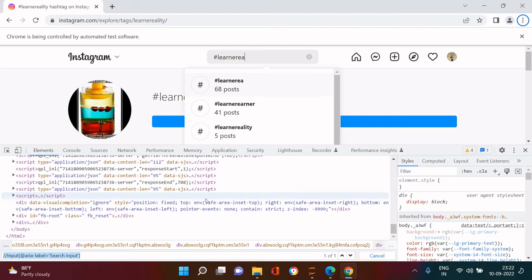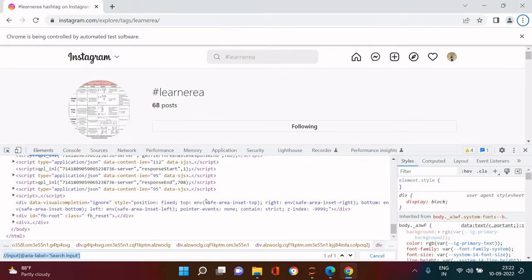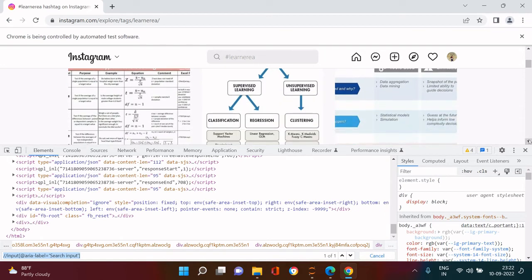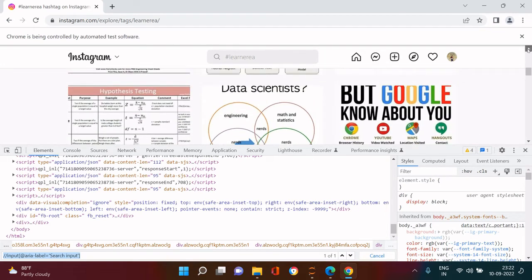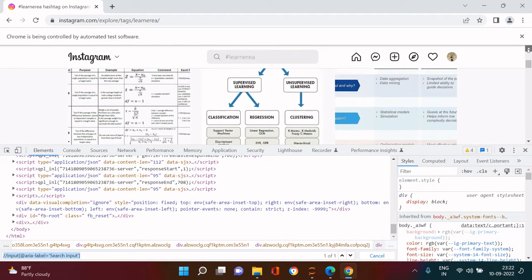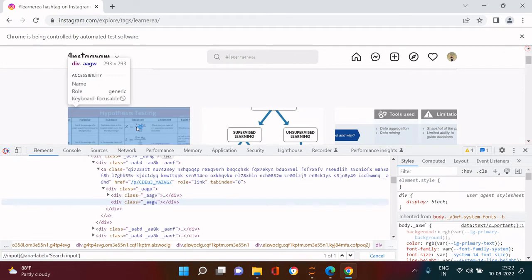Alright, so let me just try to go back over here and hit enter once again. Let's just see what happens. Yeah, here we got that. Okay, now the next thing, here we have all the images with hashtag Learnerea. Now let's just try to fetch one image, which is this, right? How can we do so? The same thing, we're going to click that arrow and hover on this. When we do so, what we see is